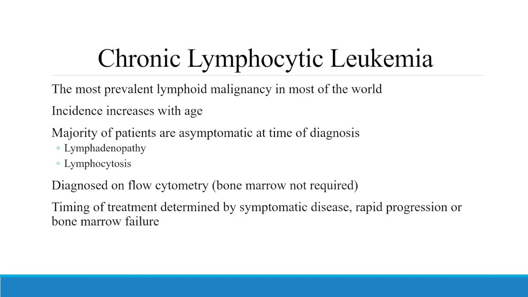And the decision to start treatment is really based off of whether or not the patient is experiencing any symptoms. What is the CLL doing? How is it behaving? Is it more aggressive? As well as looking for autoimmune phenomenon or if there's any evidence of end organ damage or dysfunction such as thrombocytopenia and anemia.